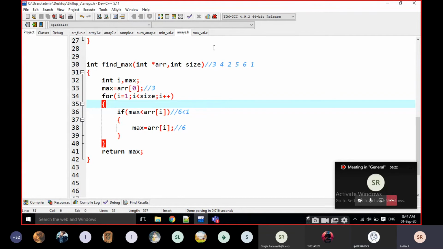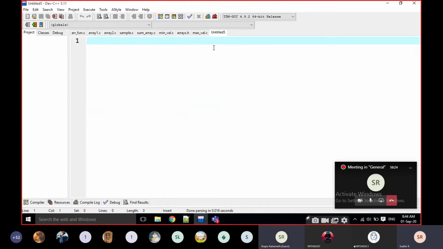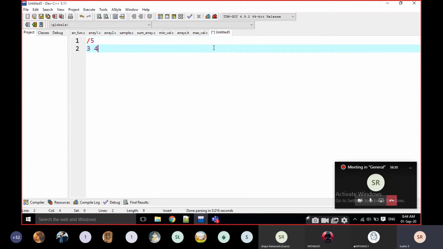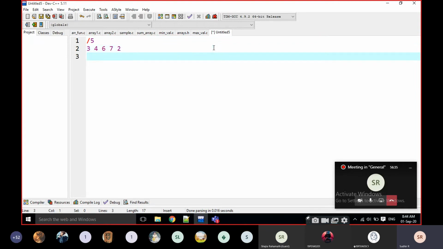And now I'm going to find a very simple program. For example, 5 variables are there: 3, 4, 6, 7 and 2. These are the values.